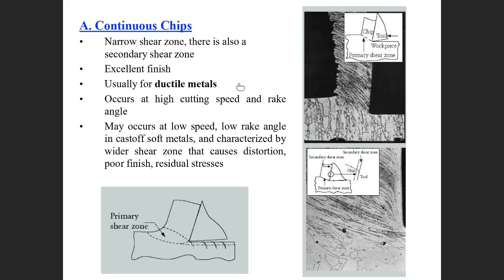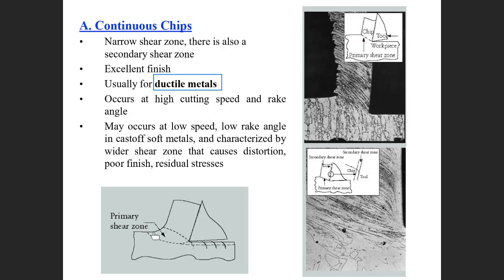Usually, this one comes with ductile material. This one happens in cutting ductile material. When you cut ductile material, usually continuous chip occurs at high cutting speed and high rake angle. High cutting speed and high rake angle, as you can see, and may occur also at low speed and low rake angle. But in case you cut very soft material,